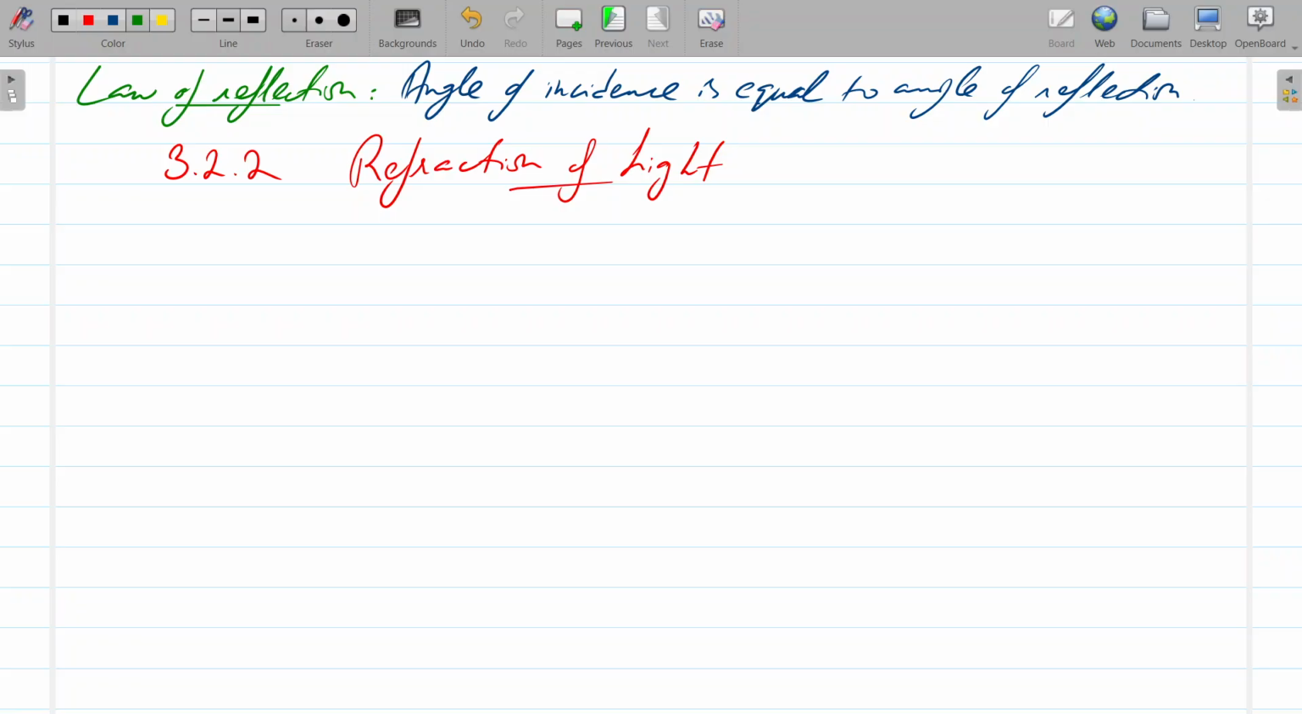As we mentioned earlier, refraction in the case of light and waves in general is the bending of light. Since we're talking about light, I'm going to mention light, or waves in general, when passing from one medium